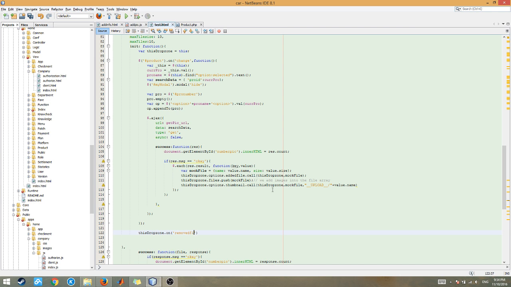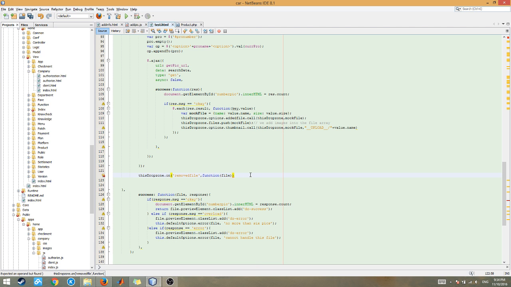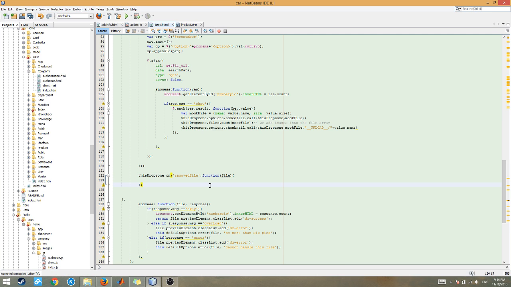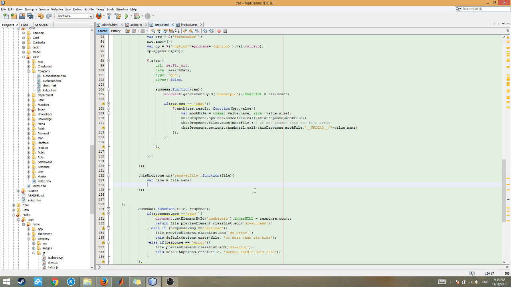That's one of the events in dropzone.js as well. So removedfile for this particular file, we are going to say the variable name is equal to file name, and then